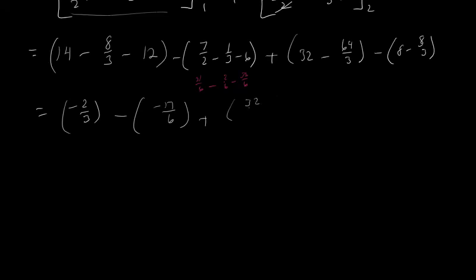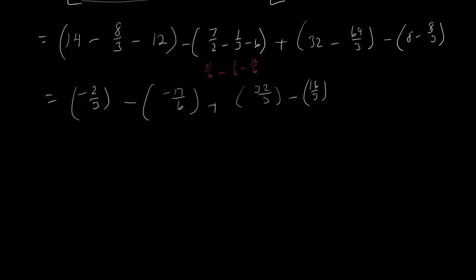So that's 32 thirds minus 8 is 24 thirds minus 8 thirds is 16 thirds. Okay, so what do we got here? Negative 2 thirds plus 32 thirds minus 16 thirds. That's going to be 14 thirds. So this is 14 thirds minus 17 sixths. 14 thirds is equivalent to 28 sixths minus 17 sixths. That's going to be equal to